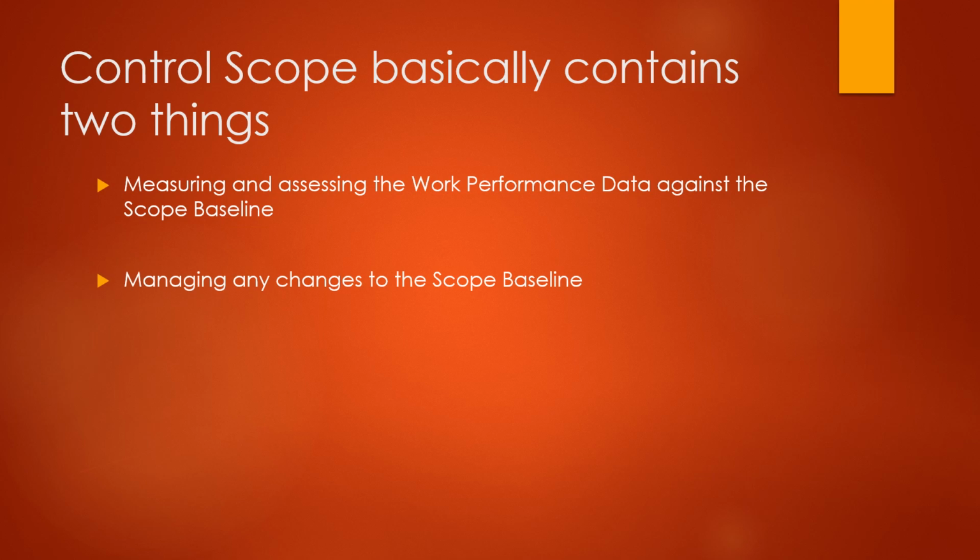Now, the second thing that you should be doing as part of control scope is managing any changes to the scope baseline. So if there's any changes to the scope baseline, you need to manage those changes as well, right? So first thing is you will measure the scope baseline with the work performance data that is going to be generated, and you'll assess that work performance data. And the second thing that you're going to do as part of this process is if there are any changes